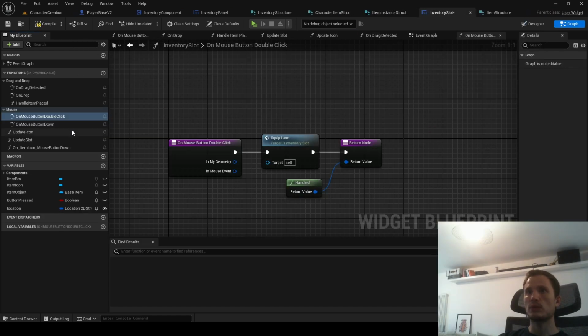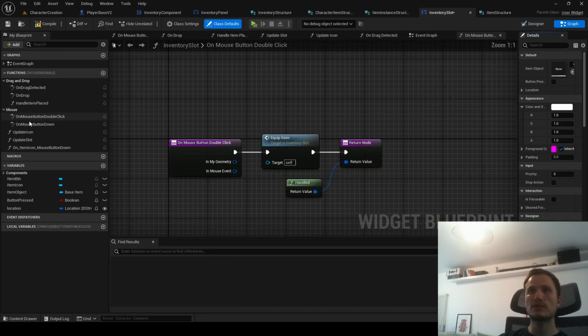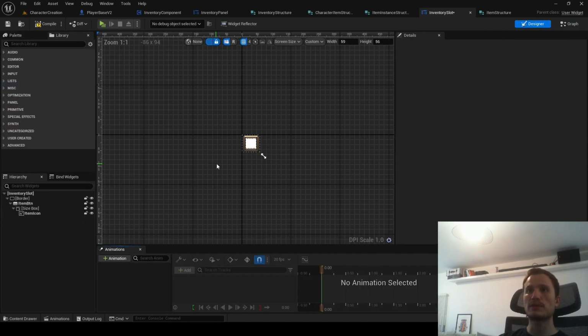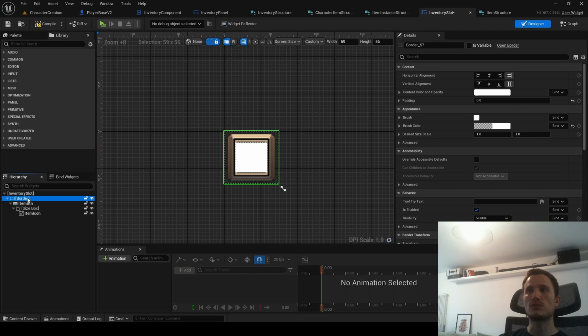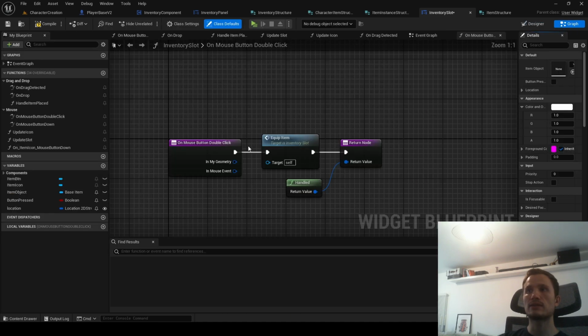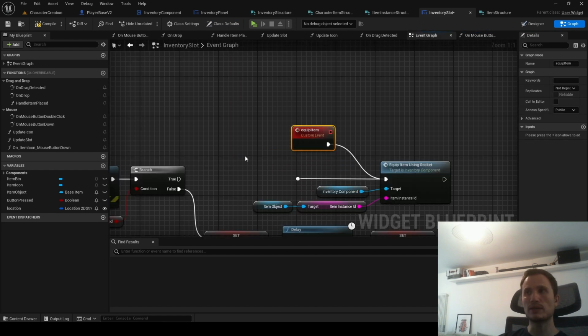Okay, so perhaps we'll look at the last function here, which is on mouse button double click. Basically, I just want to remind again that all of these functions which are overrides, they are affecting the entire widget, right? So it'll just mean that it'll register to the root component here. And again, let's make sure that the visibility is set to visible. That's how it will make sure that they're enabled. And if I double click anywhere on this root widget, it will trigger this effect, right? So what I'm going to do is equip an item when I double click,